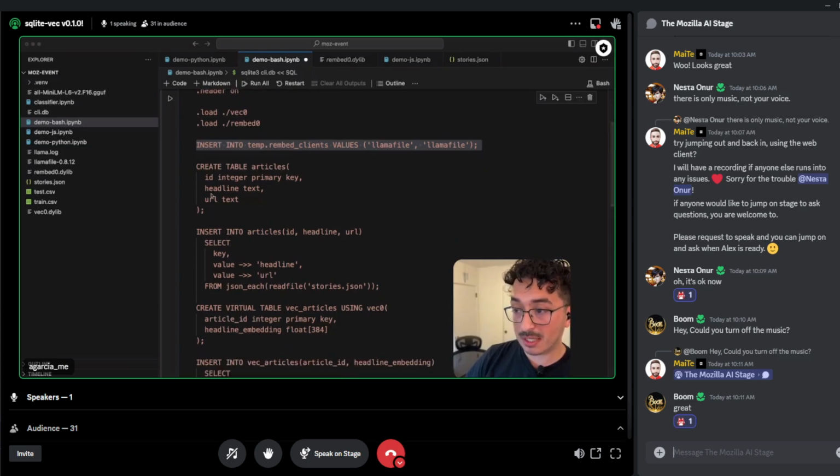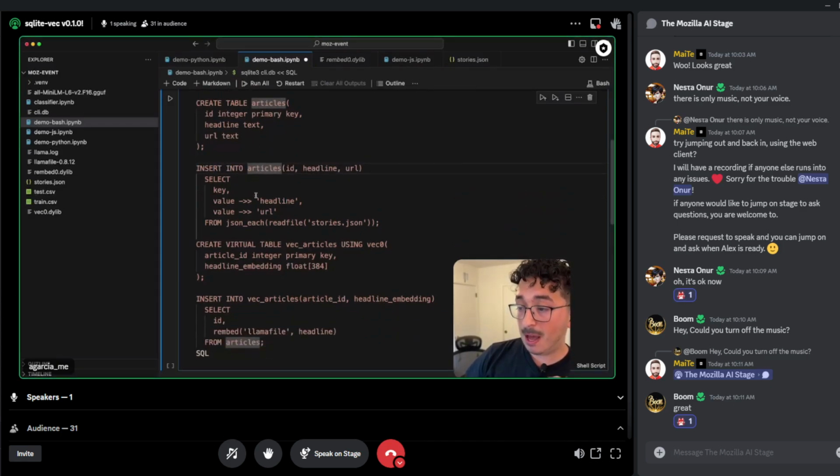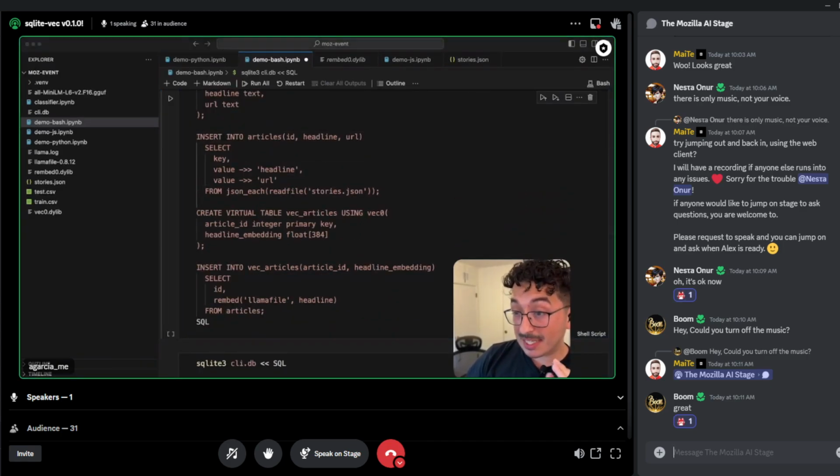Just like before, we have a create table statement. We could insert directly into it, or we could insert data from this stories.json file. Here we're reading in that JSON file, using SQLite's built-in JSON extraction functions. We go through every single object inside of that array and insert that data directly into the articles table. But when we want to generate text embeddings,